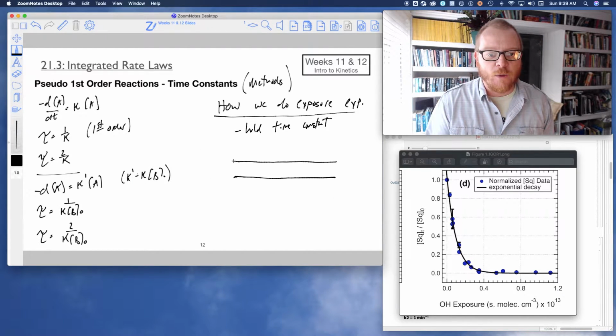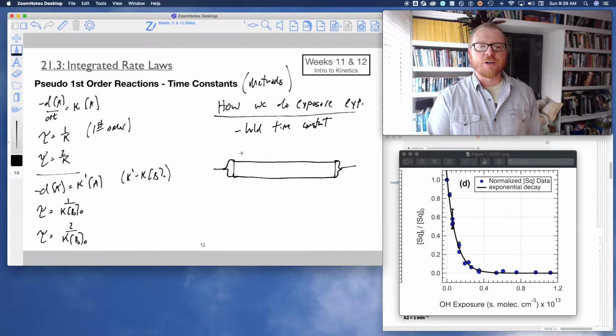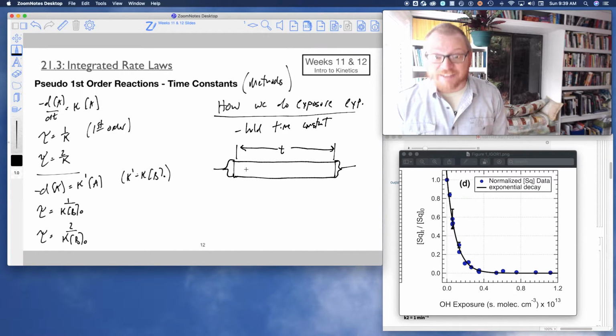In this flow cell, I'll draw little places where the reactants can come in and then exit out. Because the flow cell is always the same dimension, if you're using the same flow rates,